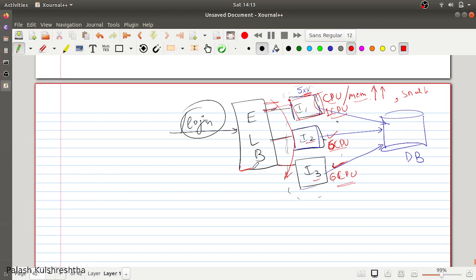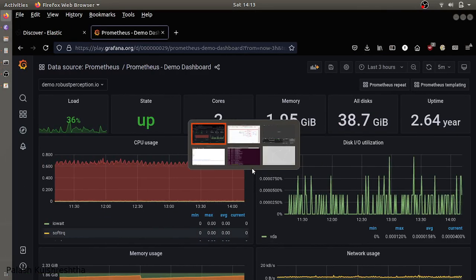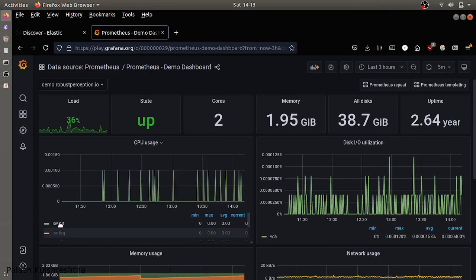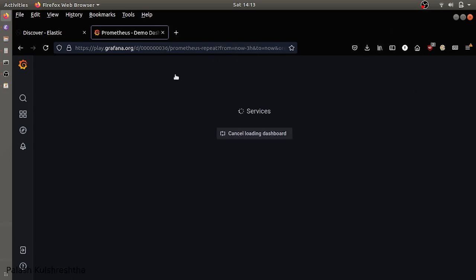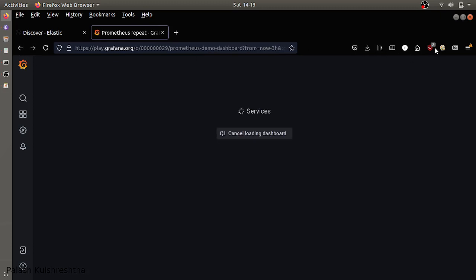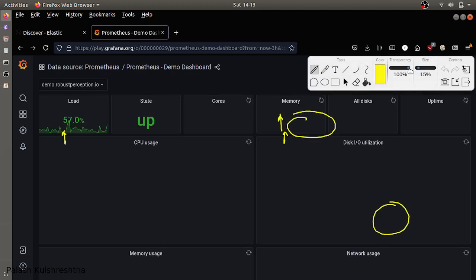And one way of finding CPU and memory or other system metrics is through graphs, which we can see on Prometheus. Let's say that the 5xx were observed during the peak that we have mentioned.